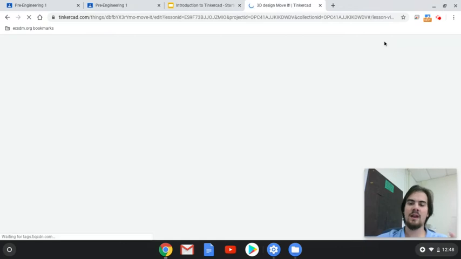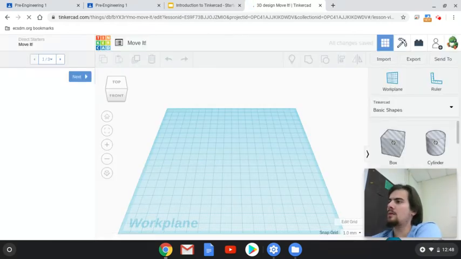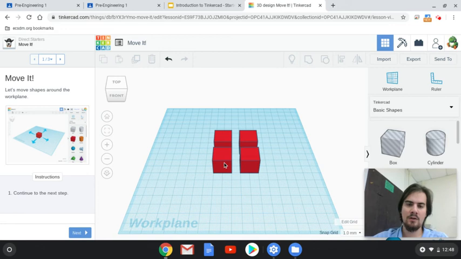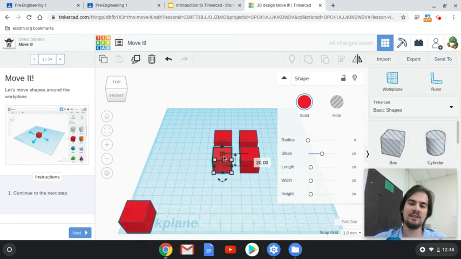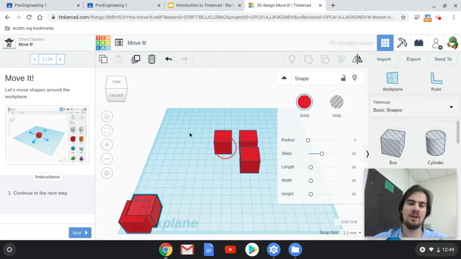So if I reset it, it'll go back to how it'll look for you when you first load it in. So when we have our thing loaded in, all we're doing for Move It is you click on a shape and you drag it around, and it'll drag it wherever you want on your workspace. I have 2 cubes here by accident, so I have to do this twice to move both cubes around, but it doesn't really matter. The point of this is to